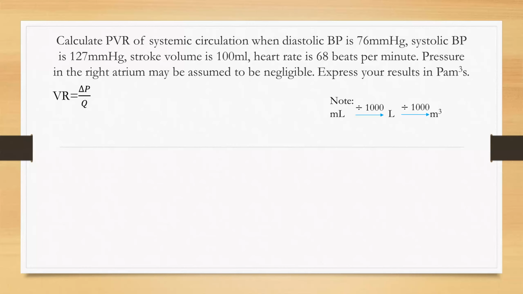So there's the formula. It is very similar to the formula that you might have learned in high school for current, where resistance equals voltage per current. So here voltage is the pressure difference, current is the blood flow. And even if you remember, it is very analogous to that, because current is charge flowing per minute, and blood flow is blood flowing per minute, which is the stroke volume.